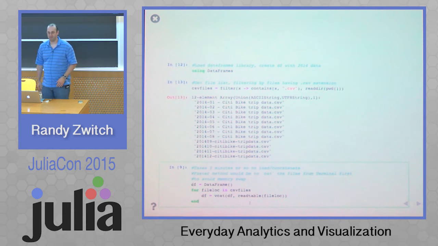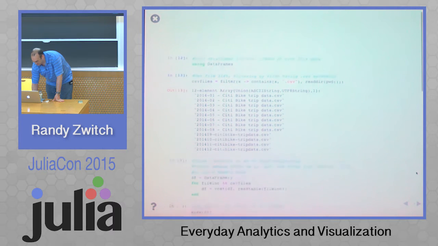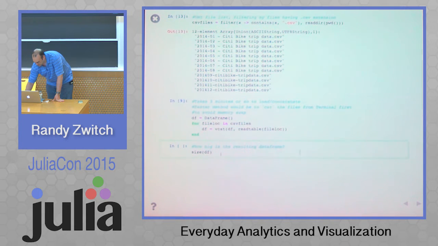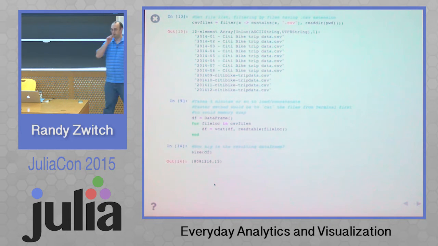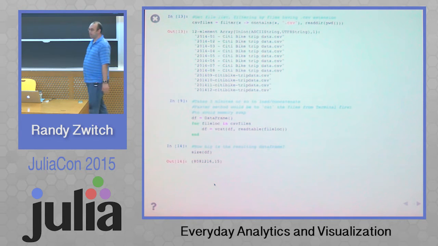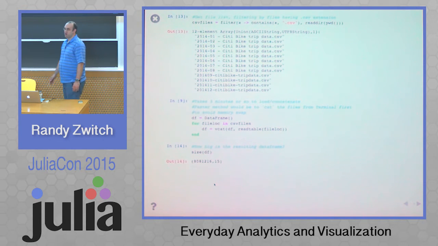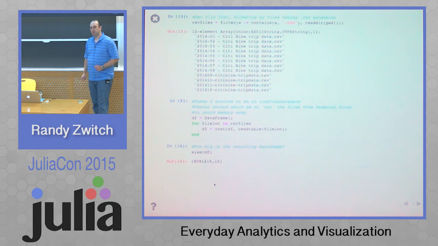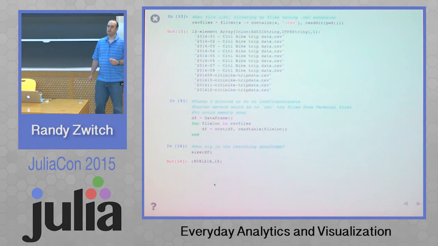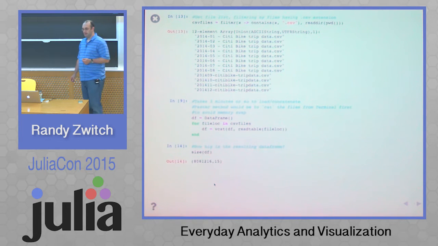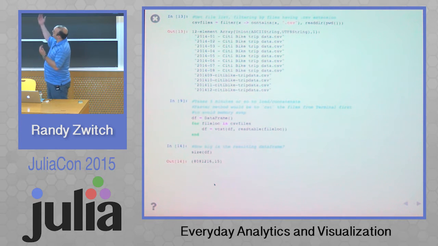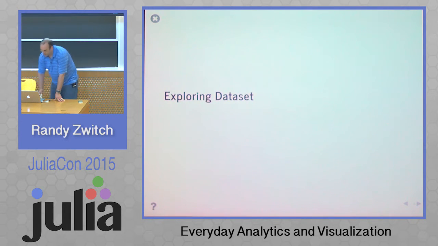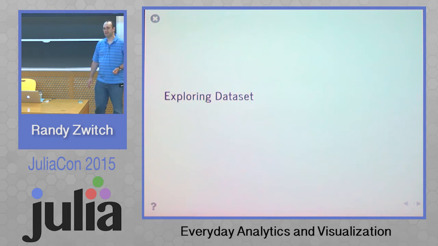I've already done this, so we're not going to waste that much time. The point of this is, though, if you wanted to learn on a real-world data set, it's not hard to acquire real-world data to play around with. In this case, there was just over 8 million rides that City Bike provides data for the 2014 period. And then they give you 15 attributes. So we can just find that using the size function.